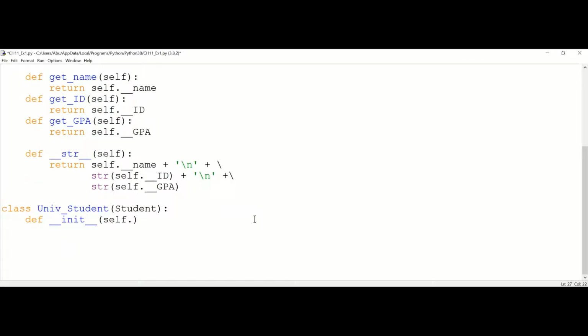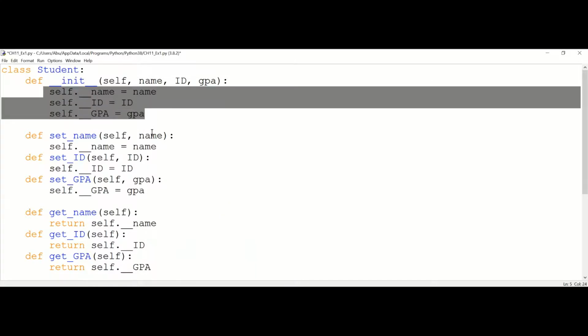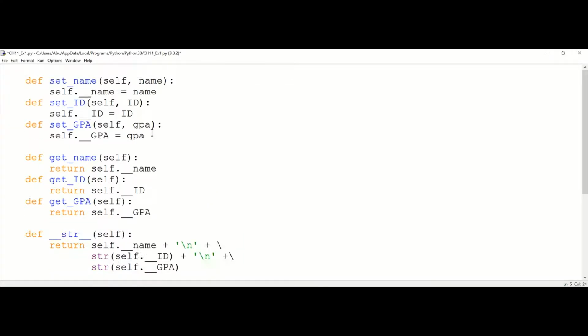So we have self by default, then name, then ID, then GPA, then we have depart. Okay. And here, what do we have in the initializer? Now remember that those are already initialized,